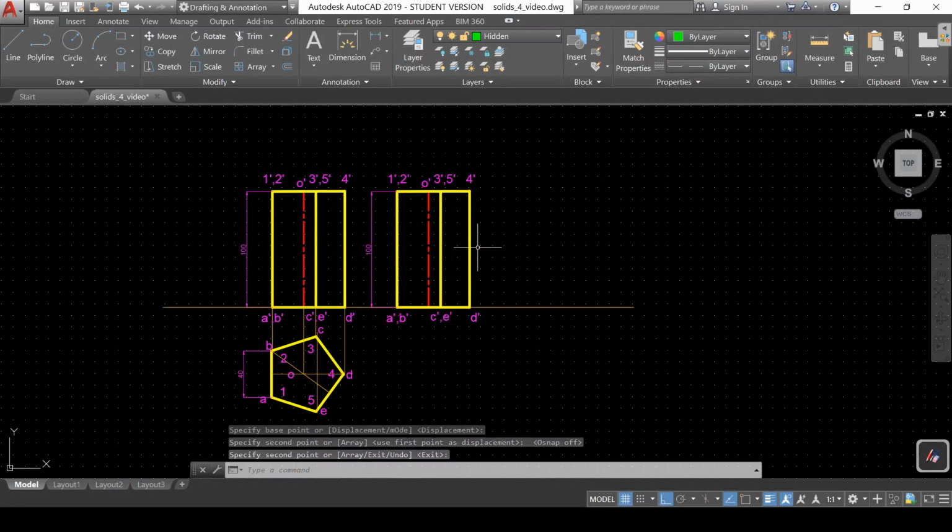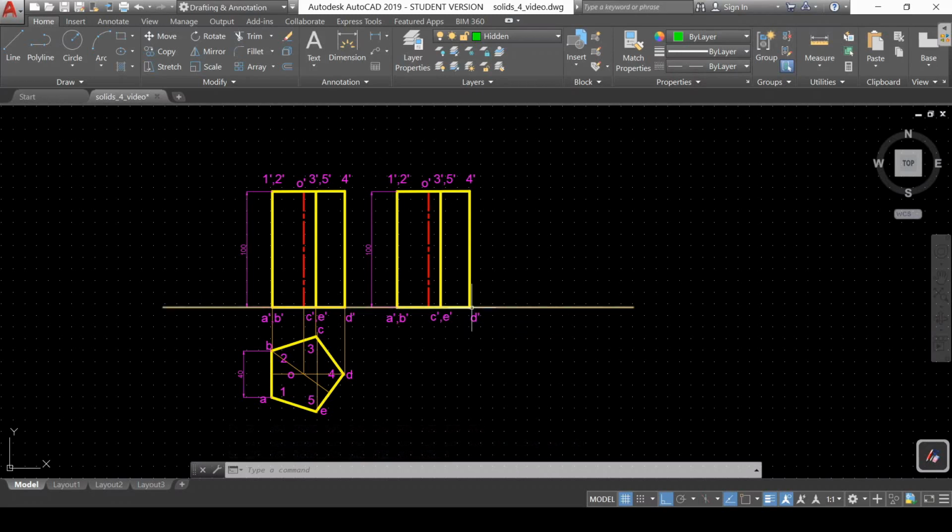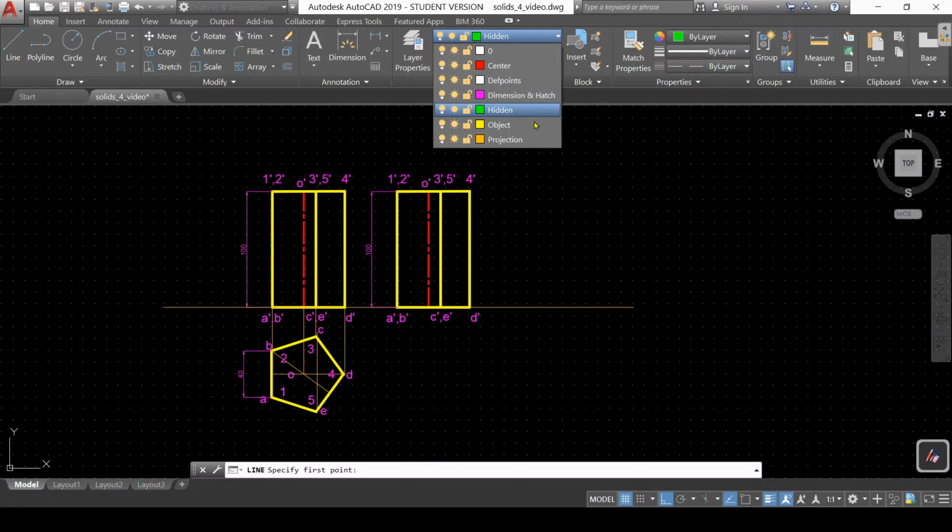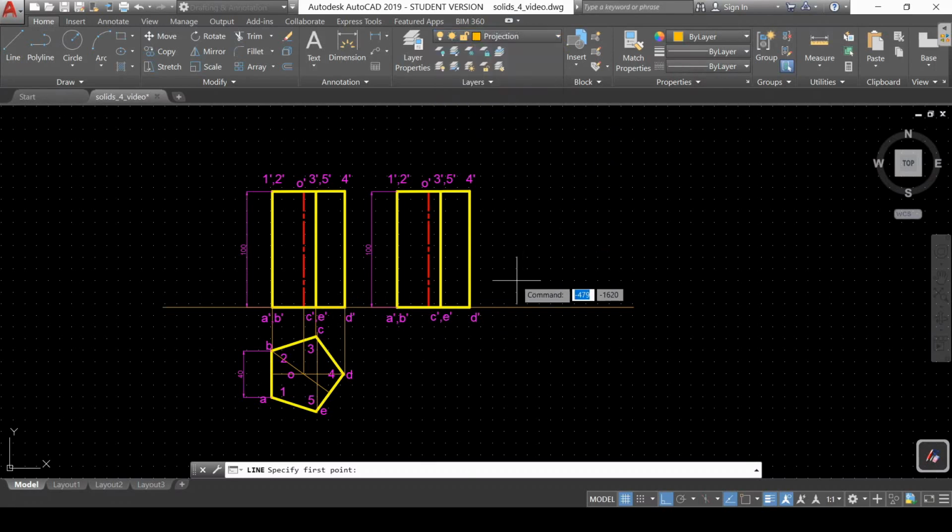Now we will tilt this figure by keeping this point D prime on the XY line only, so that the angle of inclination of this axis or this vertical face is 30 degrees with XY. So for that purpose, we'll draw a line at 30 degrees on the projection layer. So we will draw the line,